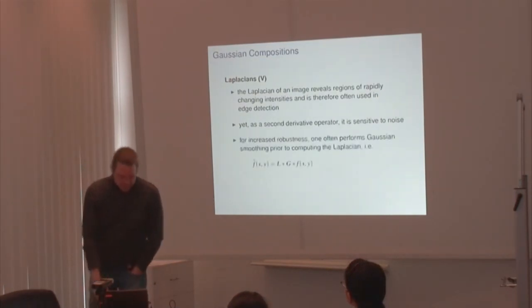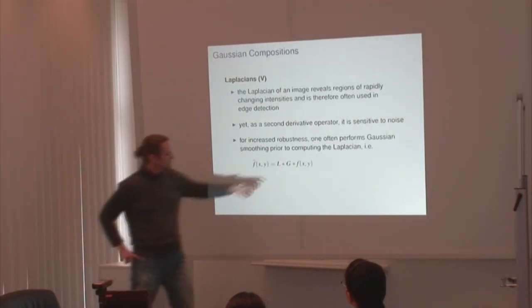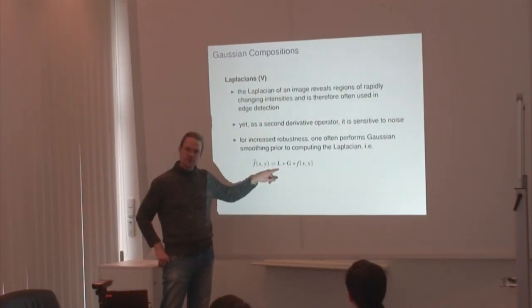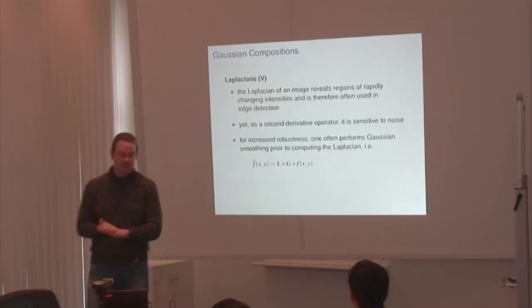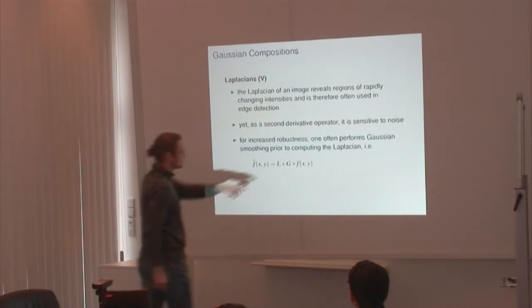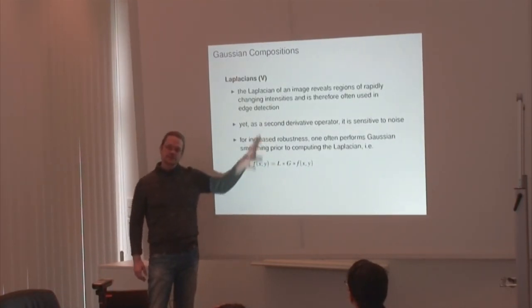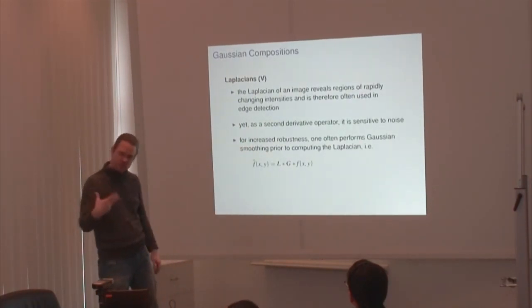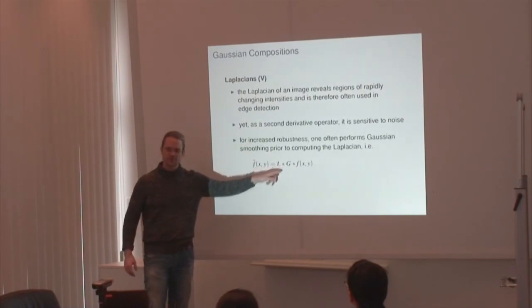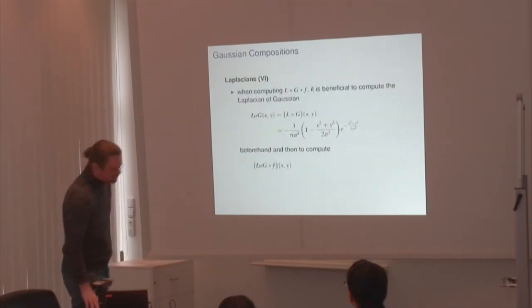And therefore, what you will typically do, if you're given an image and you want to use the Laplacian for edge detection, is first smooth the image with a Gaussian. All our discussion at this point is already beginning to hint at the importance of the Gaussian. Why is there no other function here? Why the Gaussian? Because